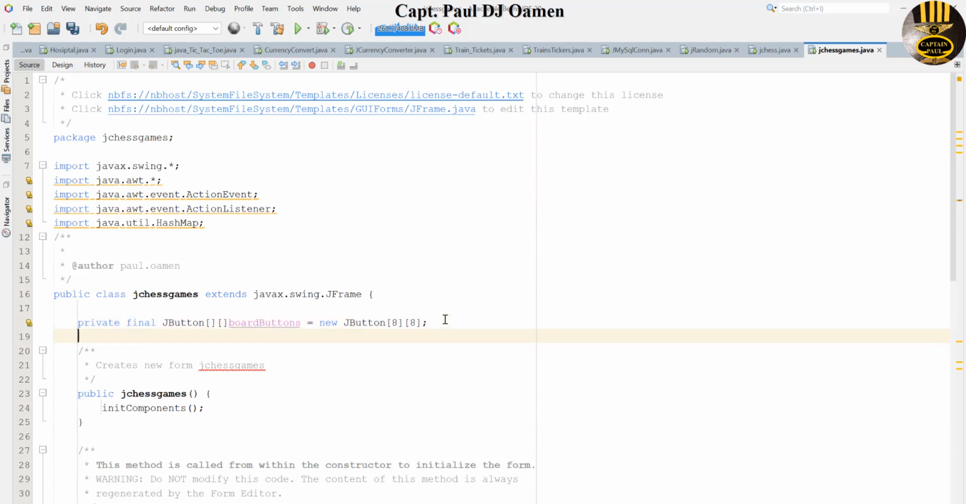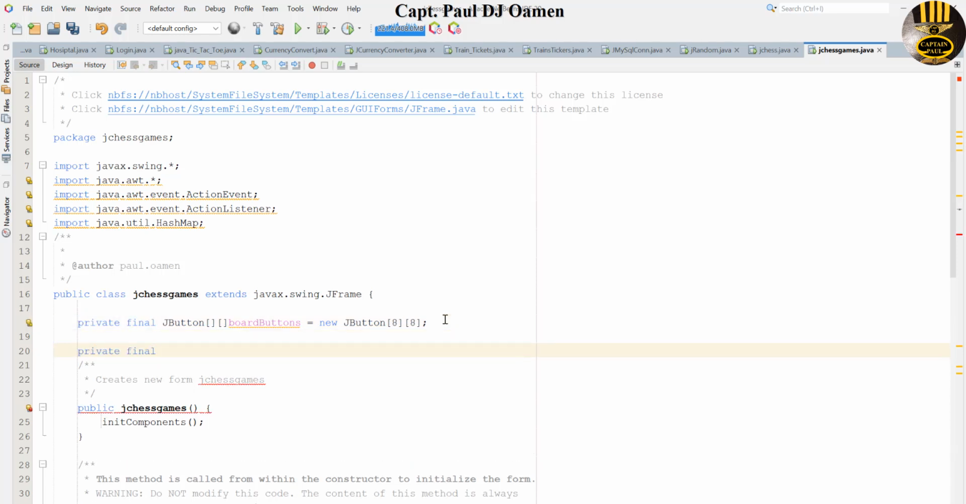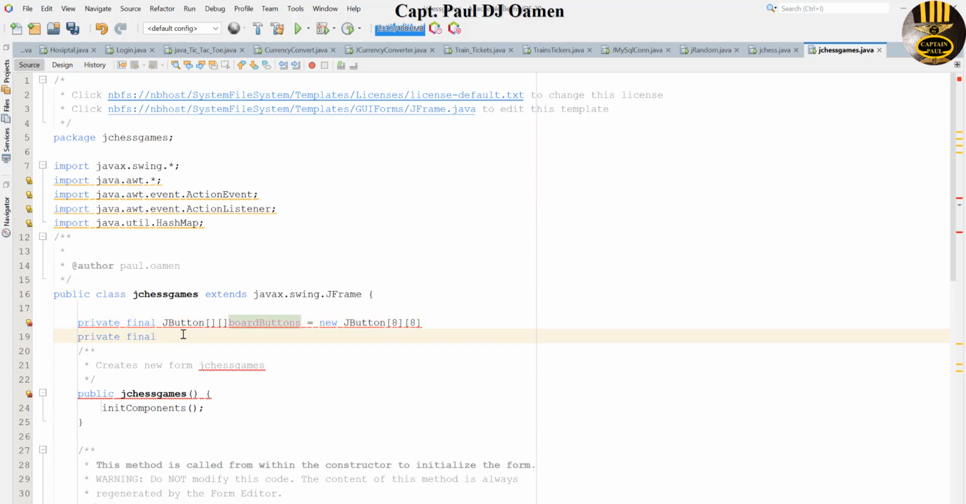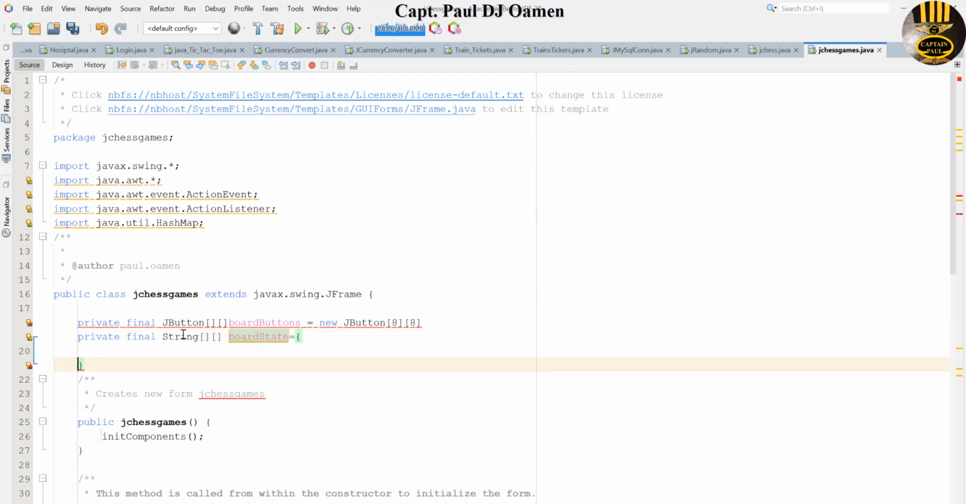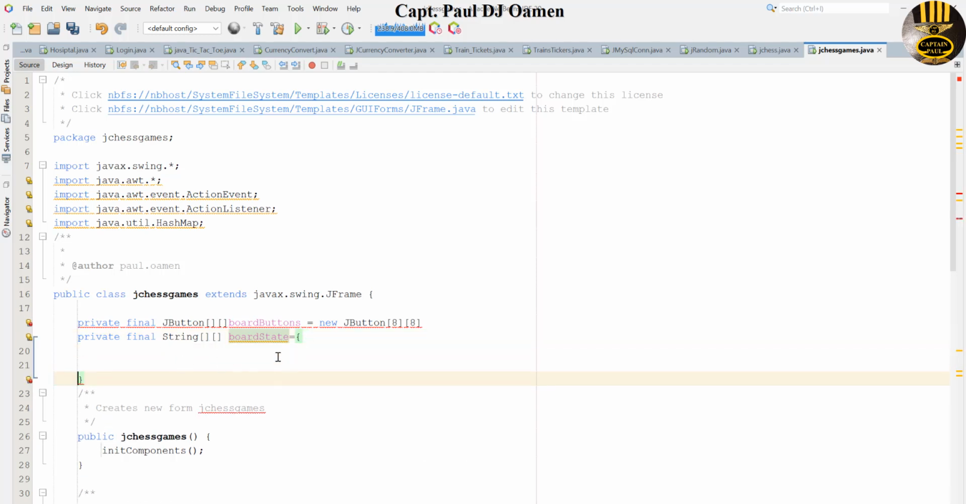Now the next thing is I'm going to declare another one that I'll call private final String. This is going to hold two arrays, so it's String, and the name is going to be boardState, and this boardState will have the following. Let's enter two curly braces, come right down here. The first one is going to be the following. Let's have a square bracket there, and in here will be R,